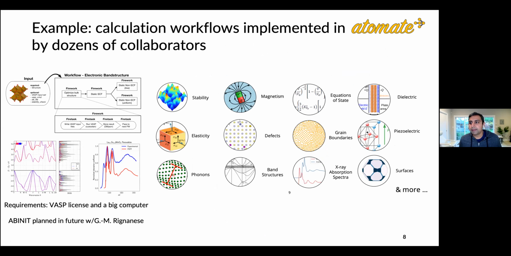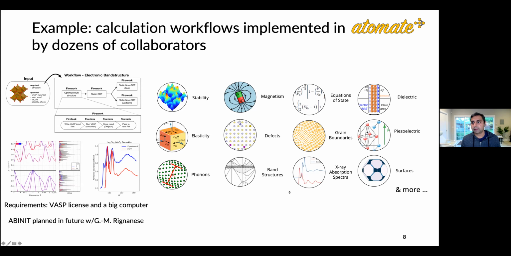One of them is called Atomate, and this is our calculation workflows. This is what Materials Project uses internally to run all of the calculations that it uses for its data sets. And really, Atomate is the way to generate a calculation workflow. So you give it a crystal structure, you might give it a few other parameters like what kinds of functionals you want to use or what kind of settings you want to use for a calculation. And then Atomate will do all the work of transforming this into a workflow. So a specific object that tells you what calculations to do and how to connect the outputs of one to the inputs of the other.